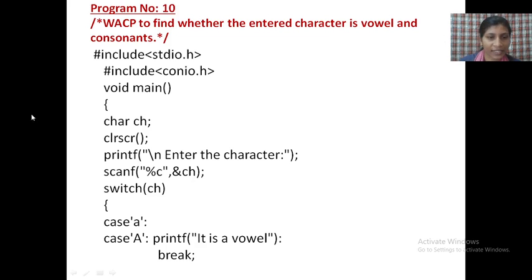Then clrscr, the clear screen function, to clear the previous output screen. printf is the formatted output function and scanf is the formatted input function. Through the scanf function we give the input to the computer for processing.